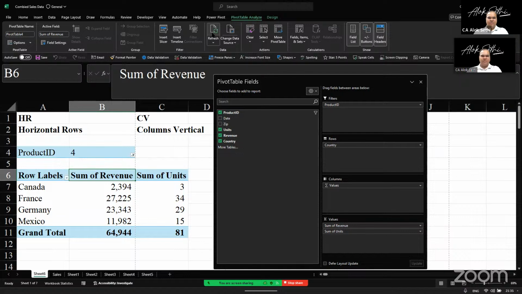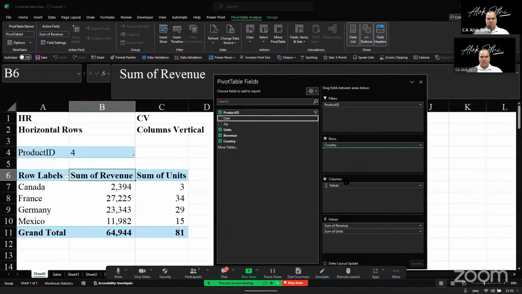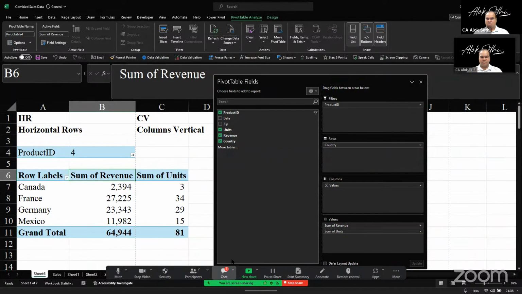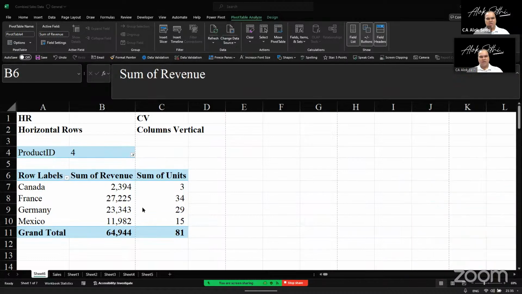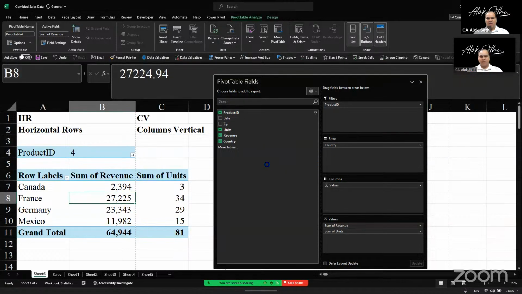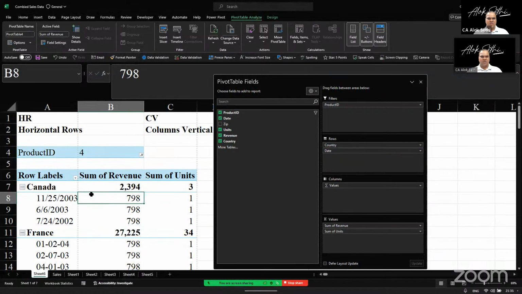So what will happen after refresh? अभी आपको दिखाई देगा. Now, if I put the date into the column, अभी भी date ही आ रहा है. Right click and refresh. Yeah, that is also possible. नहीं तो वो उसमें भी आता है. यहाँ से भी हम कर सकते हैं. Correct. But what I wanted is that the date should get converted into month, year और वो automatically हो जाता है. लेकिन वो हुआ नहीं अभी भी. If I put the date into rows, it is still showing me this. This gets separated when you do that. Anyways,